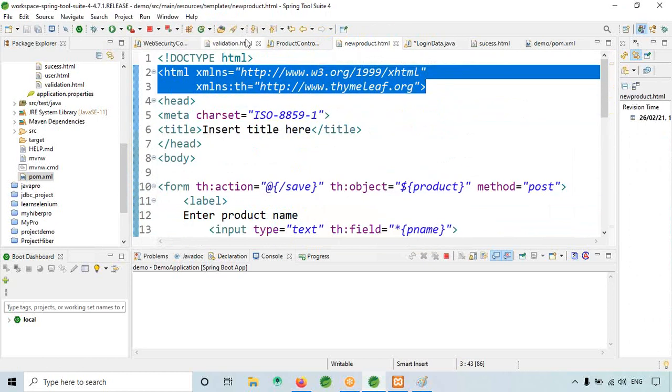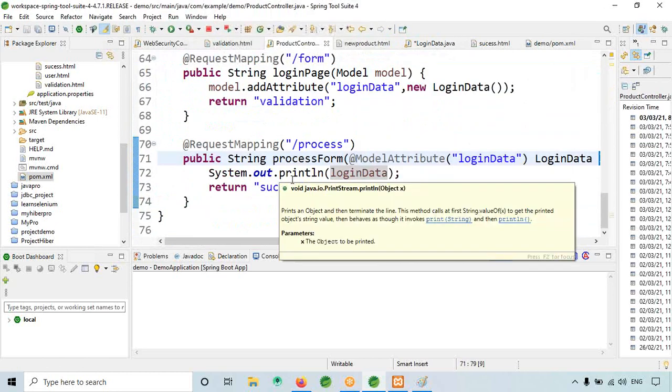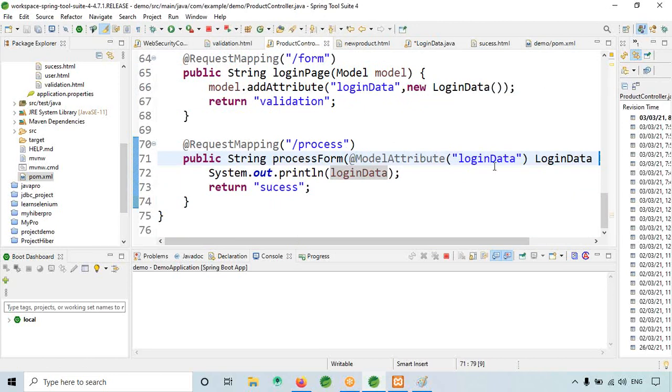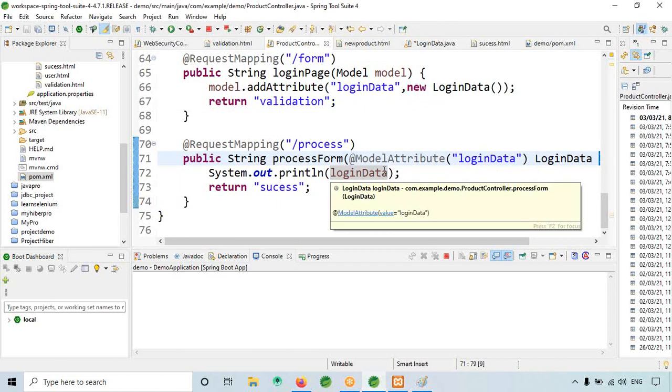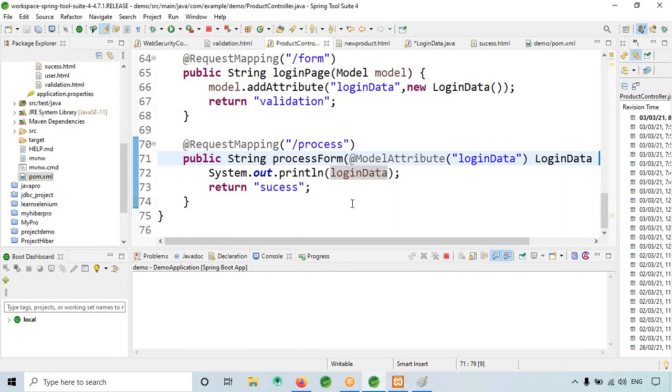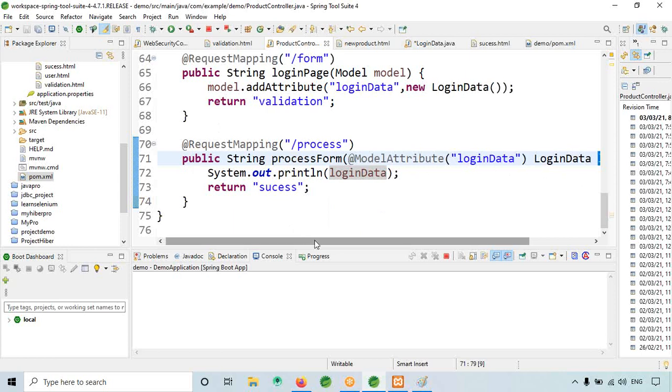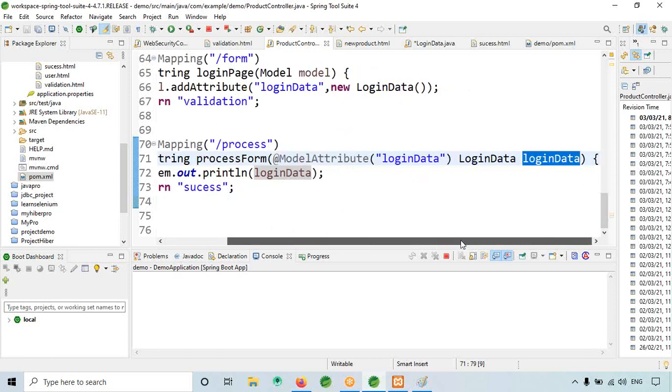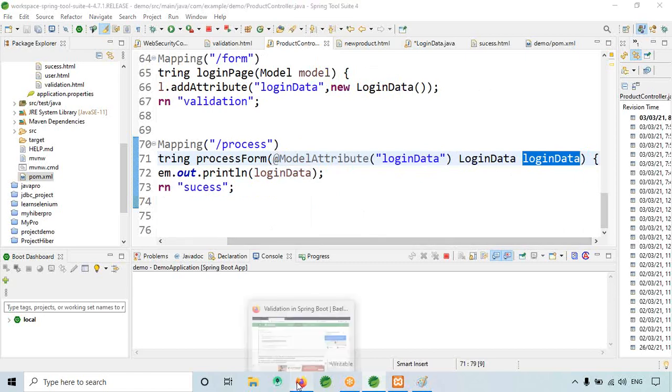So here, login data. See here, we have to add one annotation.